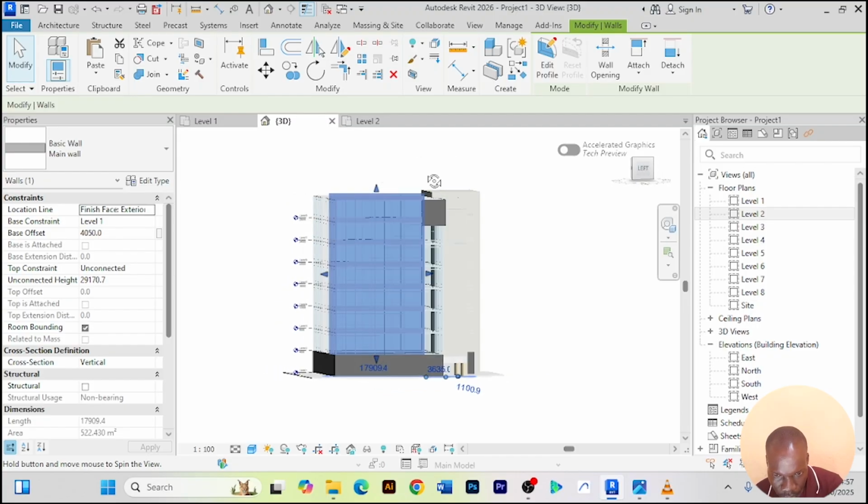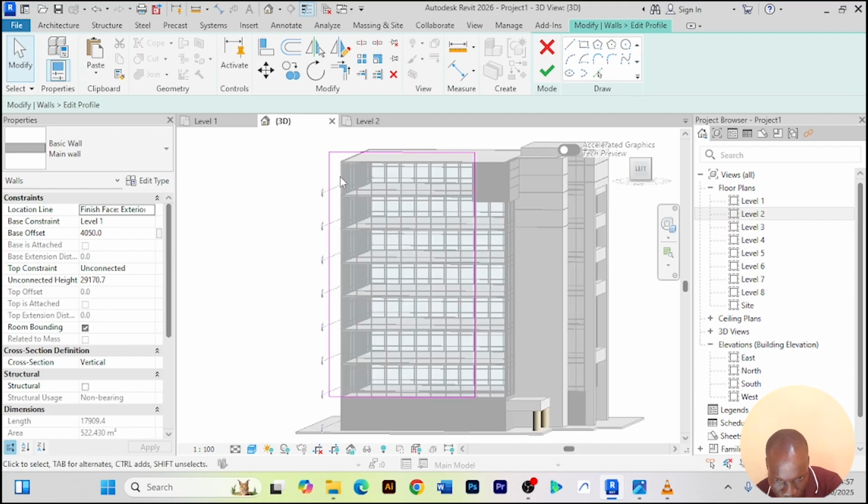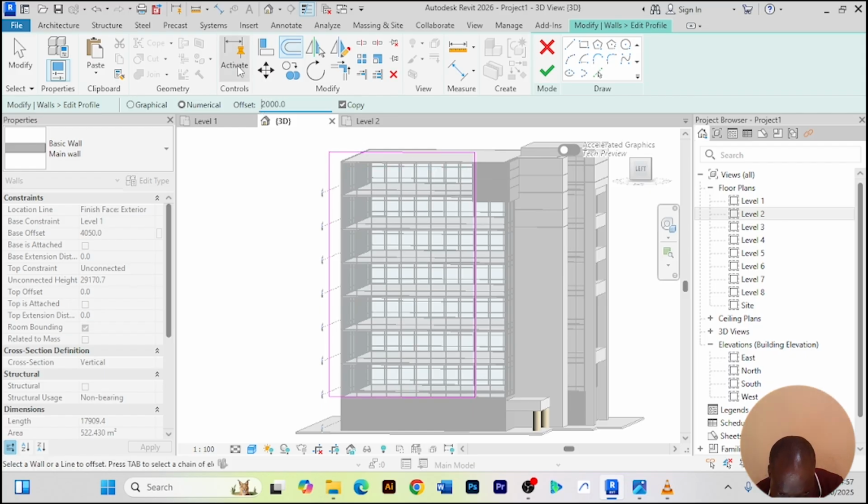That is edit profile. You just click on edit profile, and basically you offset, let's say by 2 meters. That's small. Then offset by 5 meters. I'll just offset once,